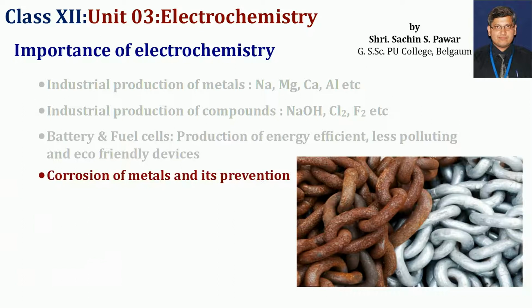Next, corrosion is one of the phenomena we observe around us. An iron chain, if it is kept in open air for a longer time, acquires a brown coating, and that brown coating peels off. This is corrosion or rusting, and the process of rusting is again an electrochemical phenomenon, and how to prevent that rusting can be understood if we learn what exactly is happening during rusting, and that also we are going to learn in this topic.